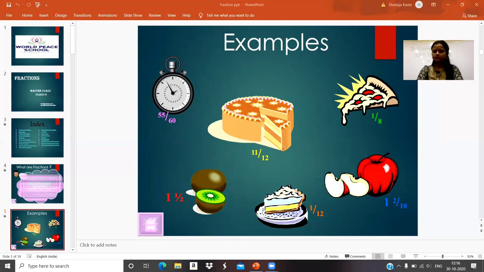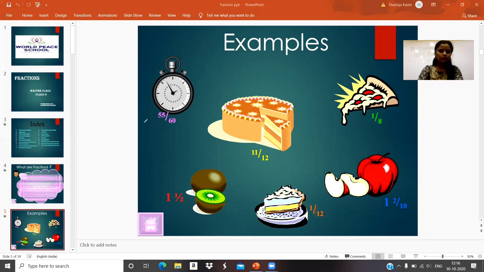For example, here again a piece of cake is given to you. This is one part. The total parts must be 12, so we can say this part is 1 by 12. Easily, here is the apple example. The complete apple is present here, so this is the complete one. And we see 2 parts of the apple here, which might be from another apple. Out of 10, the present parts here are 2. So the complete fraction would be 1 complete and 2 by 10.